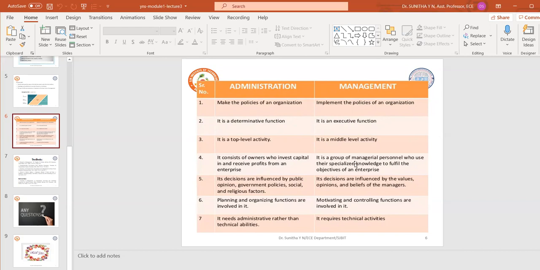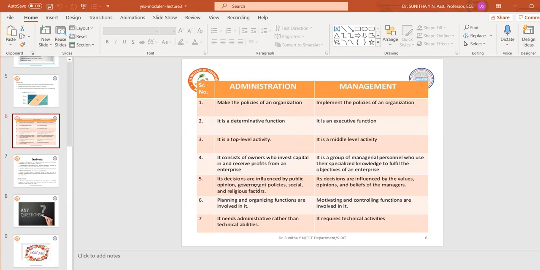Whereas here, these managers have been hired as manpower. They will get a salary. They will use their specialized knowledge to achieve the outcome of the enterprise. For that, they will get a salary, but they are not profit sharing bodies. They don't share the profit, whereas these people get the profit. Here they are called owners of the company, whereas here they are called salaried people.